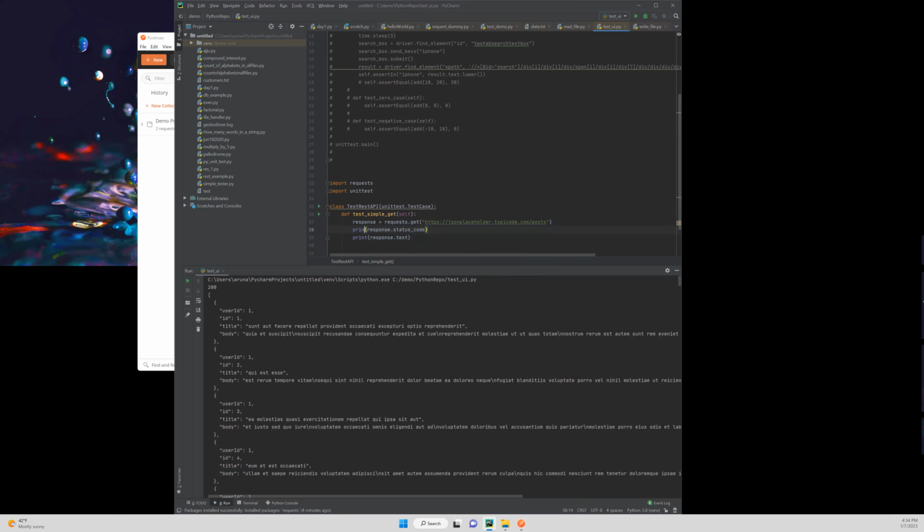Now I want to make sure that the status code is equal to 200. Okay, so I want to make sure that I'm getting a 200 status code. And also want to make sure the response text is not blank. Okay, so I want to make sure it's not equal to blank. I'm getting something. Okay, so I can say assert not equal. That means the text should not be blank. Okay,